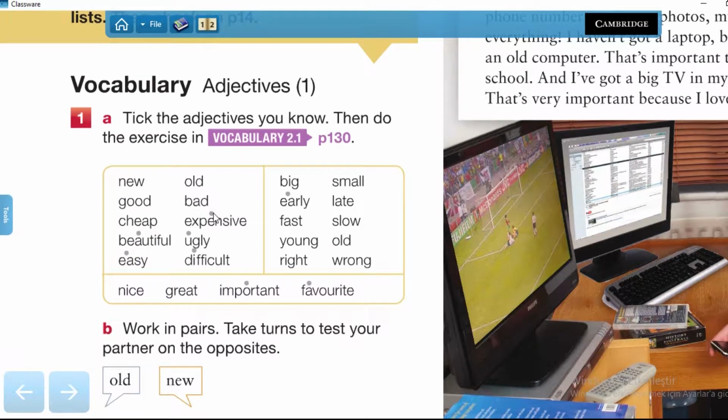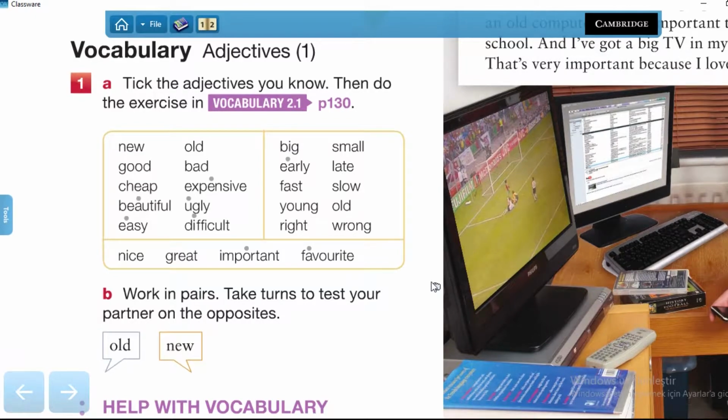New, old, good, bad, cheap, expensive, beautiful, ugly, easy, difficult, big, small, early, late, fast, slow, young, old, right, wrong, nice, great, important, favorite. So these are the adjectives, and we said